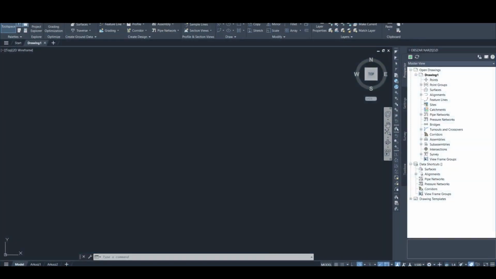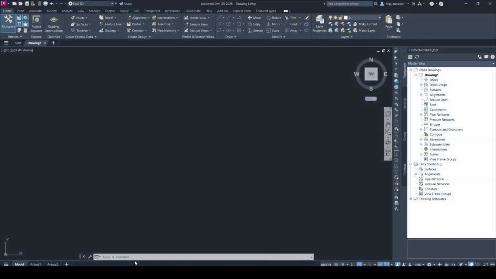Okay, now we see the main area of our software. As I said before, you see the whole area of our software. Yes, we have some options here. I will show you step by step how to do our design in this